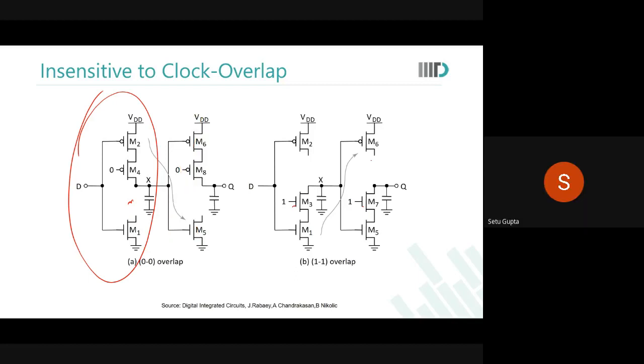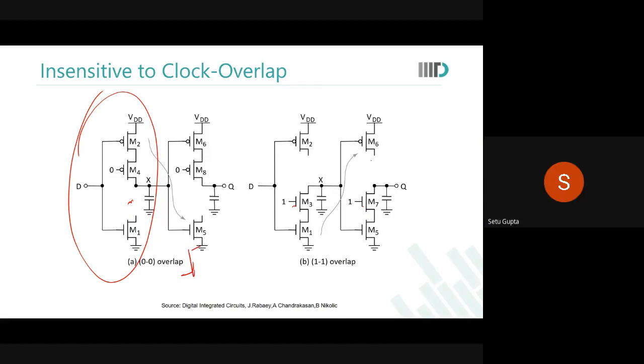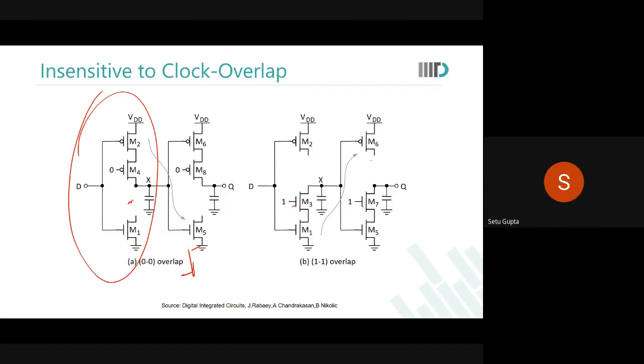That is what samples it at the rising edge or the falling edge. So after the sampling edge, the slave becomes transparent. Before the sampling edge, master will sample it, and after the sampling edge, slave will be transparent. Now the issue is that after my sampling edge, since my slave is transparent and the slave's input, which was X, has now changed, now my Q will change.